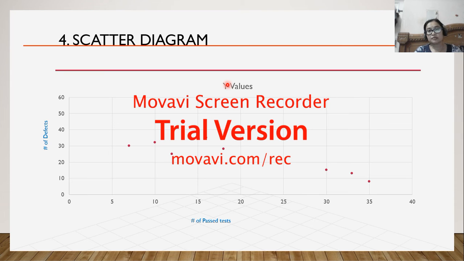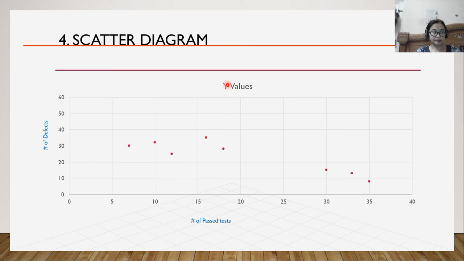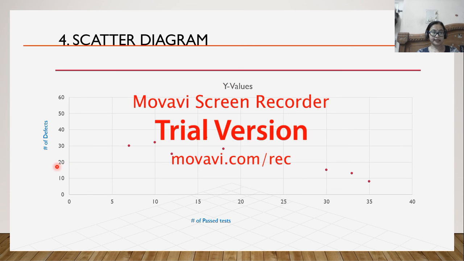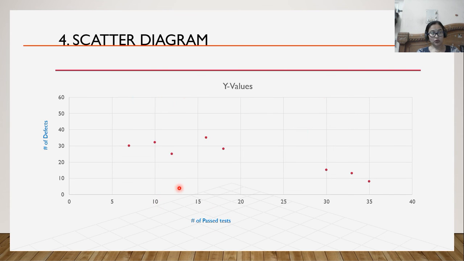Now we come to the last but not the least kind of tool, which is called the scatter diagram. Scatter diagrams are basically used to depict the relationship between two different sets of data. In my example, I have taken the relationship between the number of defects versus the number of passed test cases. So if we are creating more and newer test cases and trying to execute them on our project,